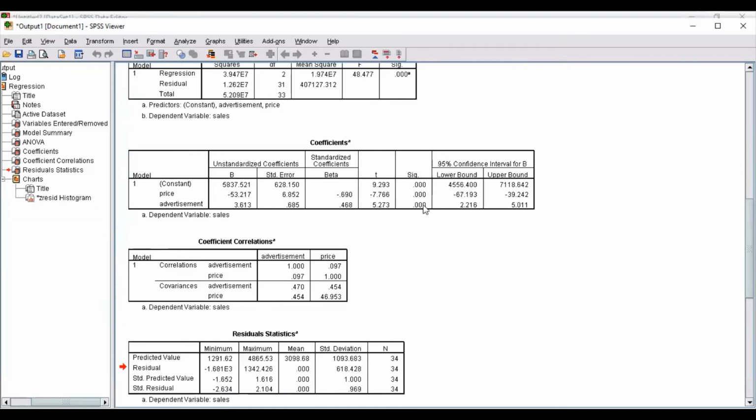Both these variables have a significance value less than 5%, and even less than 1% in this case. So both price and advertisement are significantly influencing the dependent variable sales. Then this box shows the confidence interval at 95% for both these variables, the lower bound value and the upper bound value.